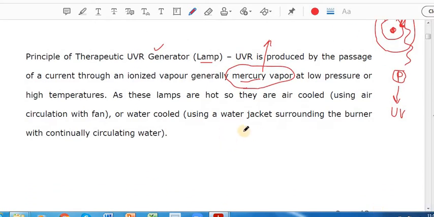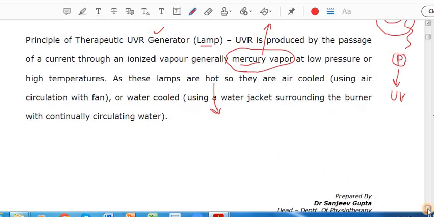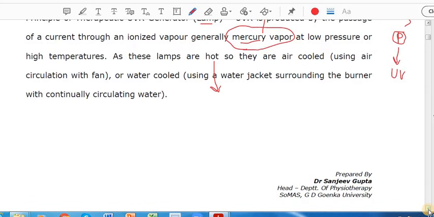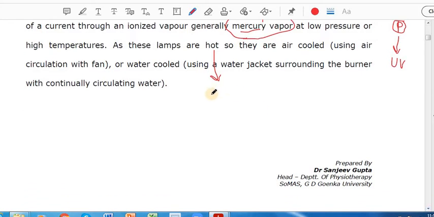Another thing we need to understand is that these lamps are quite hot, even hotter than the infrared lamps, because mercury excitation needs a lot of thermionic emission and a lot of temperature rise in the tube or bulb. So these lamps become quite hot, because they have to operate at a higher temperature. In some conditions we find it suitable to protect them with a water jacket so that the lamp gets cooled.